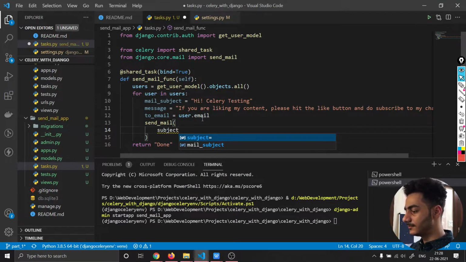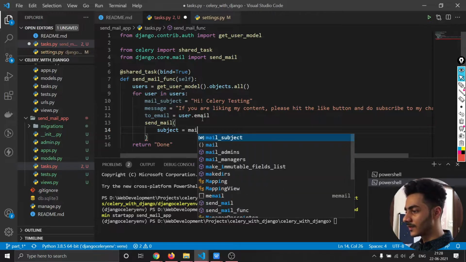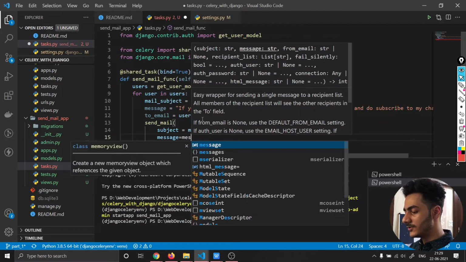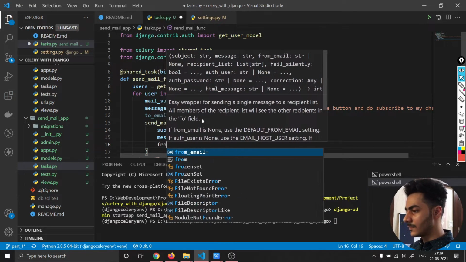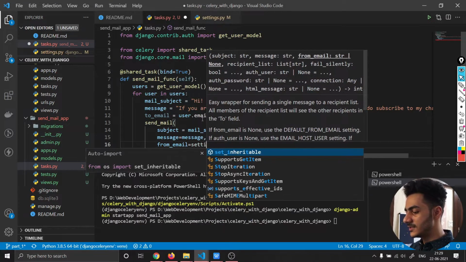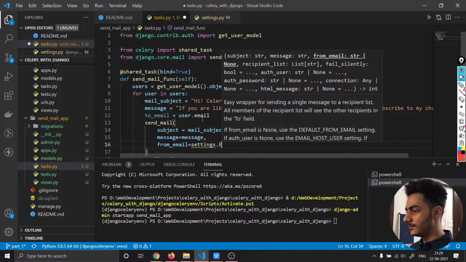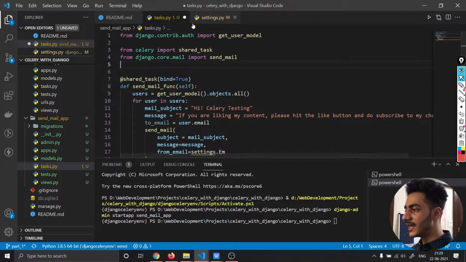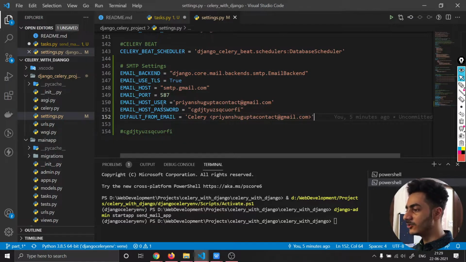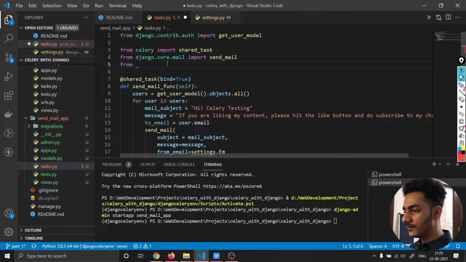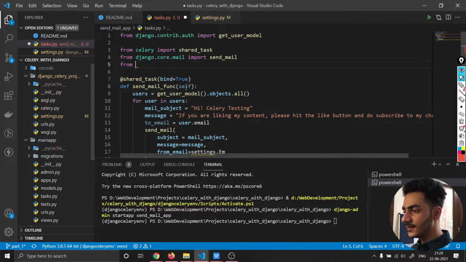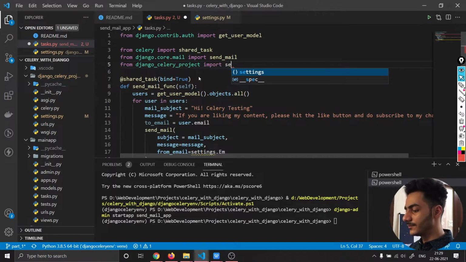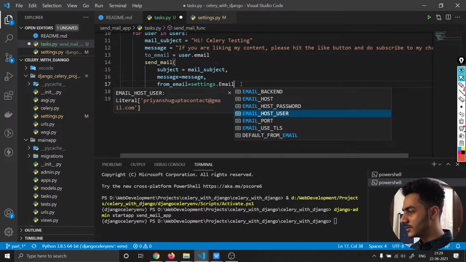Now subject equals to mail subject, then message equals to message, from email equals to settings dot, we will have to import settings also because we will use that email host user that we have added inside our settings.py. Email host user is this one. From our project's name, that is Django Celery project, import settings, email host user,